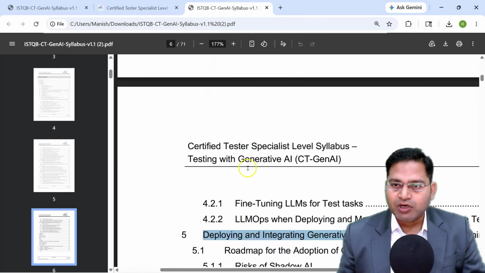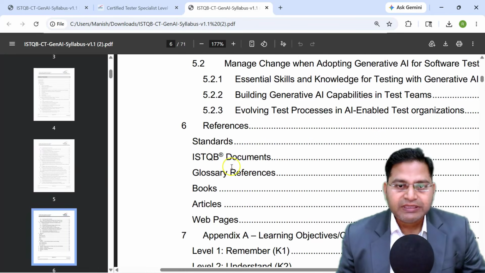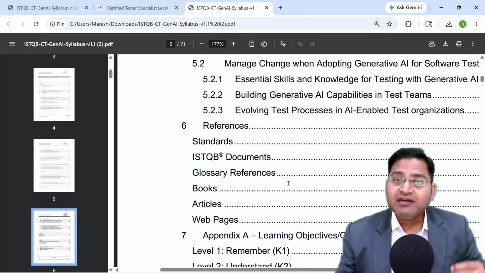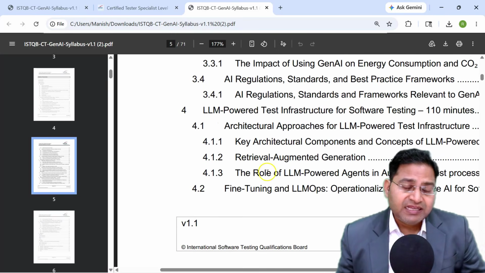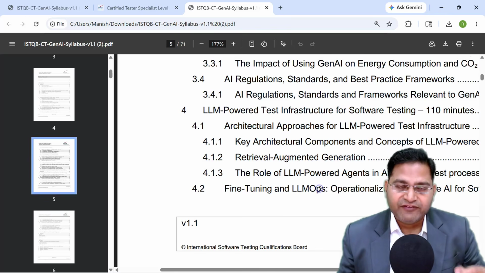So overall, the syllabus covers all the key aspects of generative AI in software testing and how generative AI should be used in software testing to enable you as a tester to perform the tasks more effectively and get more coverage. Now, generative AI is a vast field. With this organized syllabus of ISTQB Generative AI, you will be able to clearly understand where exactly generative AI fits into software testing and how you can use generative AI in software testing. That's the benefit of going through this syllabus and learning the concepts within it.